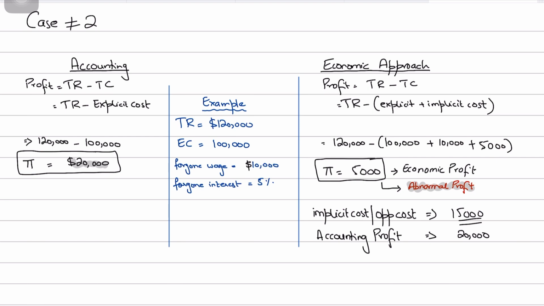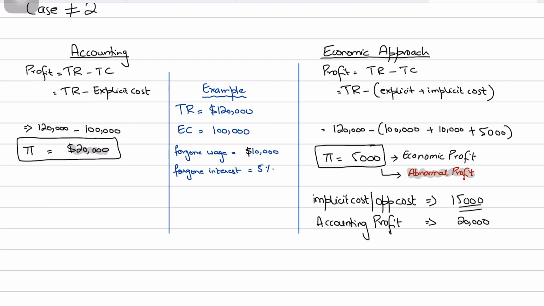And whenever we have an economic profit, that is known as an abnormal profit. However, the normal profit in the previous case is basically zero economic profit. When there's no economic profit, that's normal profit, right? And when you have an economic profit, that is abnormal profit. Now, what do you really mean by this? It simply means that it's a situation which is telling us that, okay, fine, you are earning,